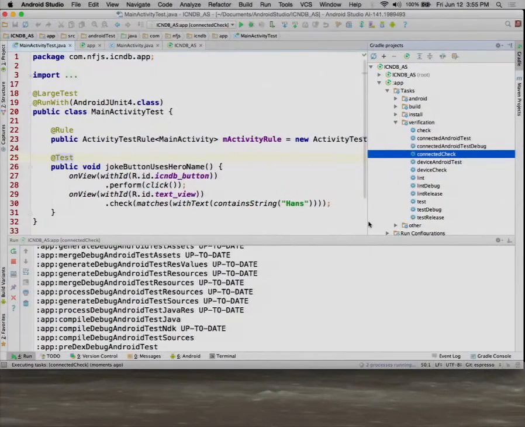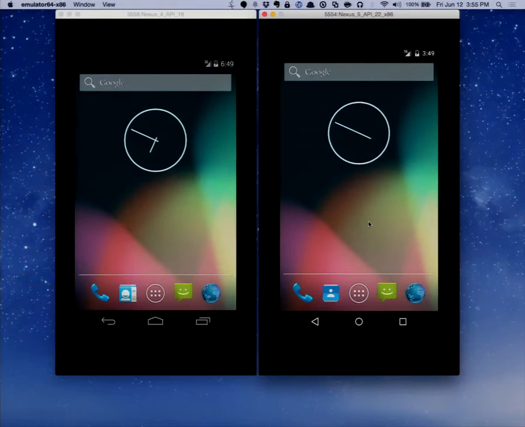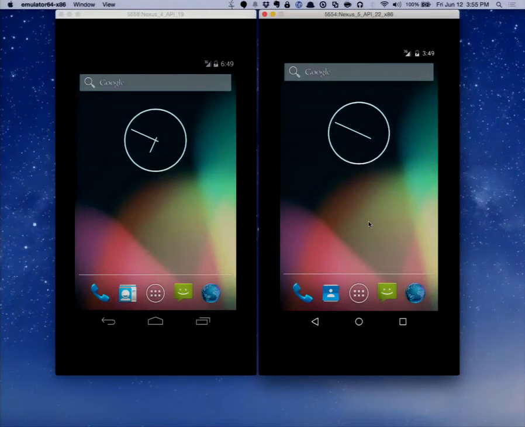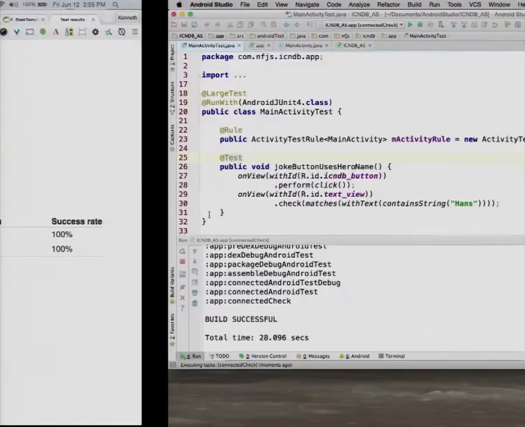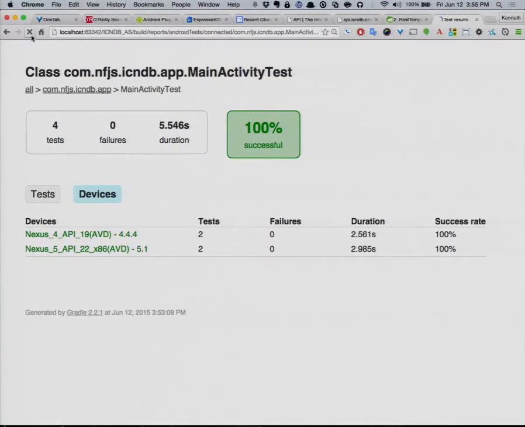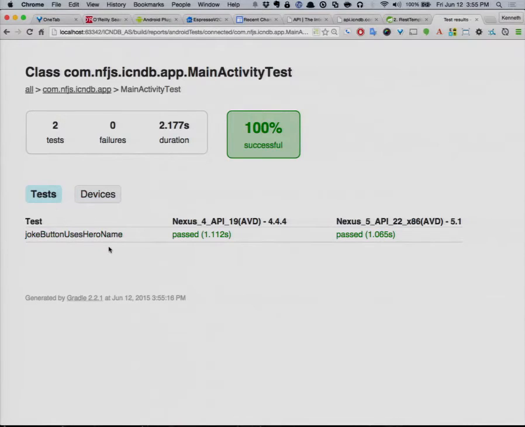Did it run? Yeah, we're up to it now. I'm probably going to miss it. At any rate, it seems to run one and then the other, but it's not like these are exactly complicated or difficult tests. See, there was the first one, and then there should be something that flashes by that'll be the second one as well. Yep, there it goes. And again, I can go back to my test here and refresh and everything. This time I only had the one test in there. That works fine as well.